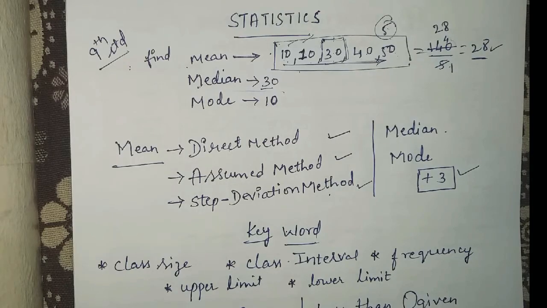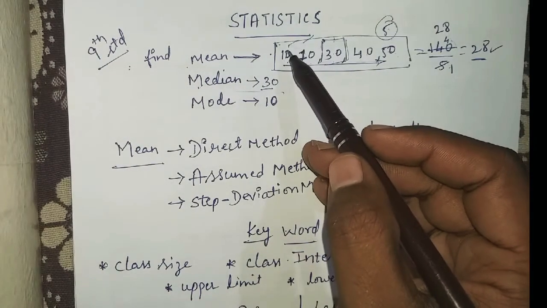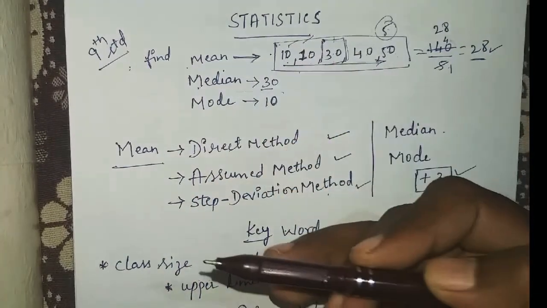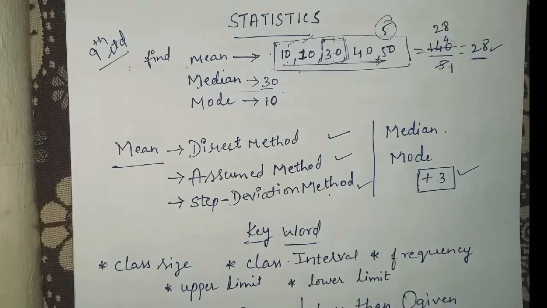Hello students. Today's class we discuss stats, chapter 14. Even stats was in 9th standard, right? So once again we'll recall the 9th standard portion. In 9th standard you have stats. The same thing, you need to find mean, median and mode in 9th standard also, but it was a very easy method. So once again we'll recall it.